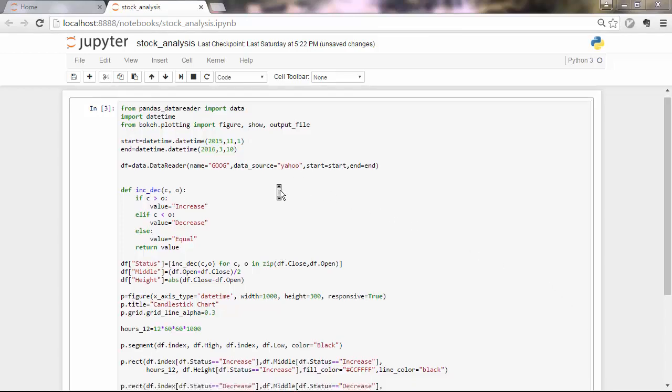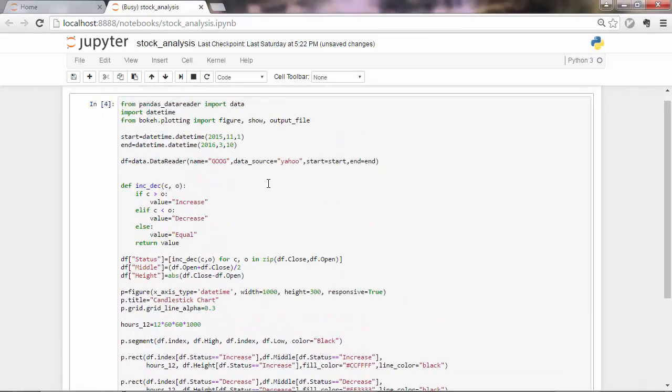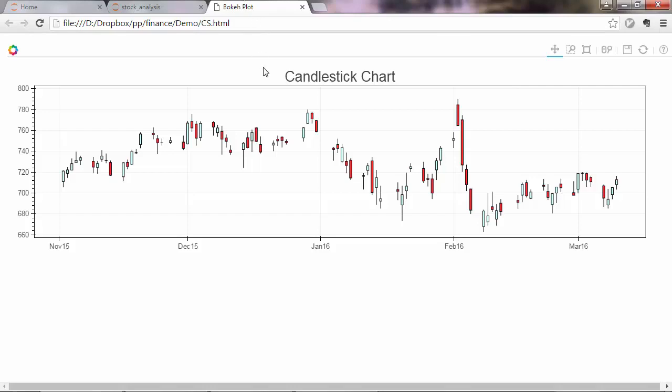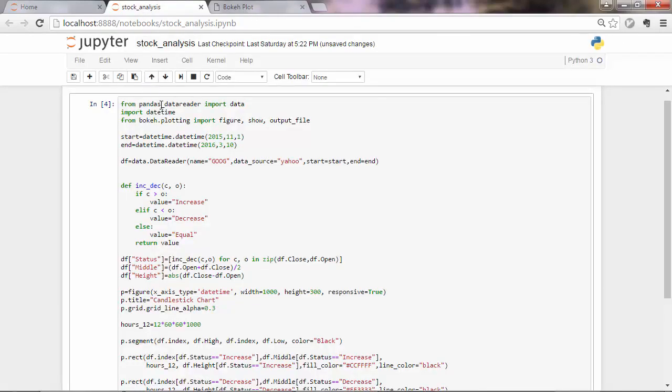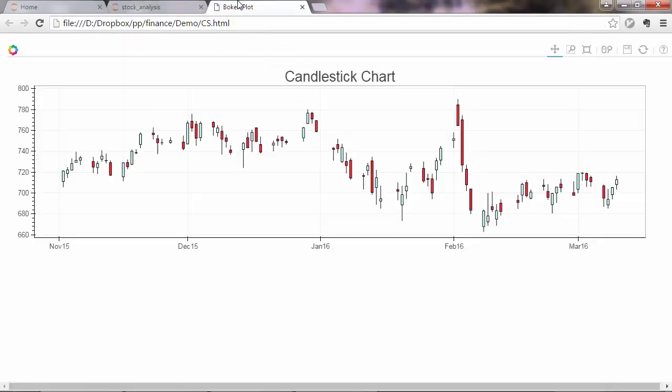Hello again. We were able to build this Bokeh candlestick chart, and we were able to get data from the Pandas data reader library. The final product is an HTML file. Now, if this output is enough for you,